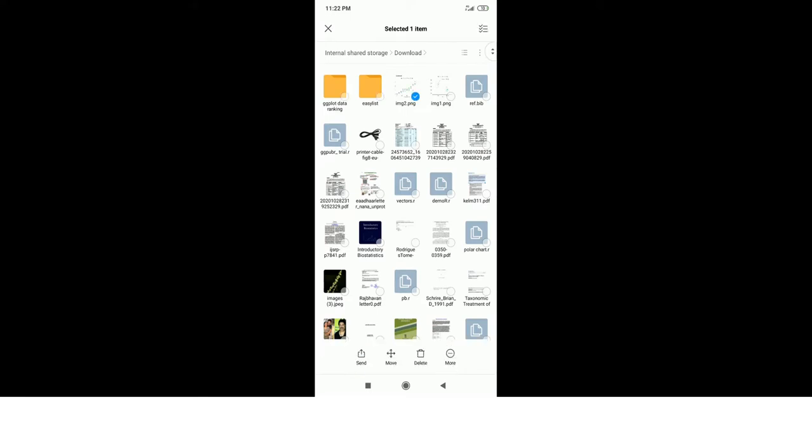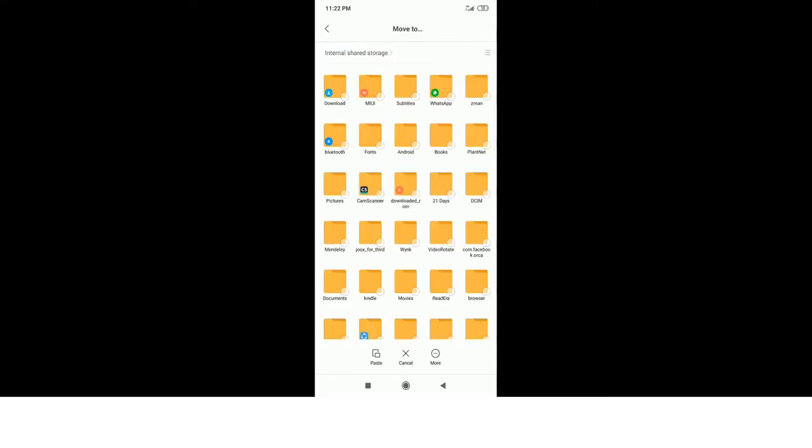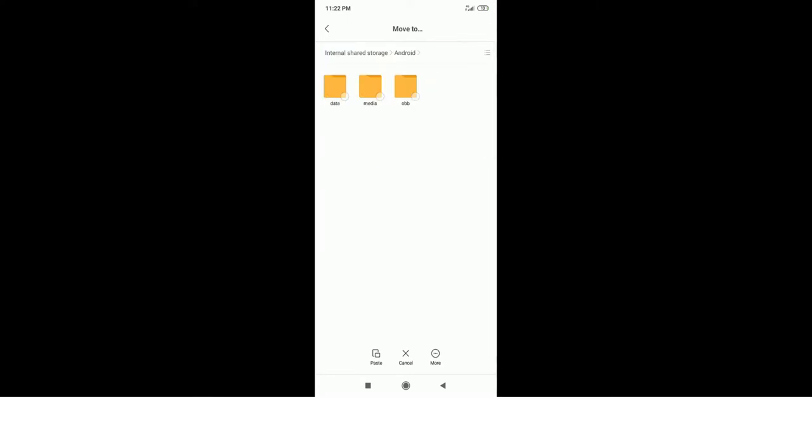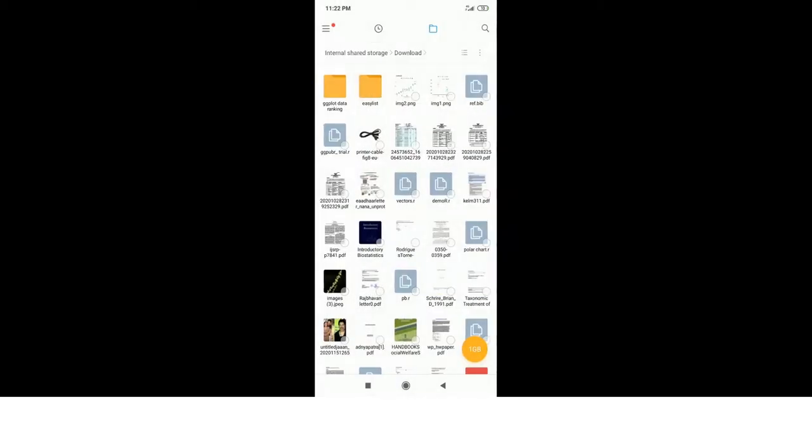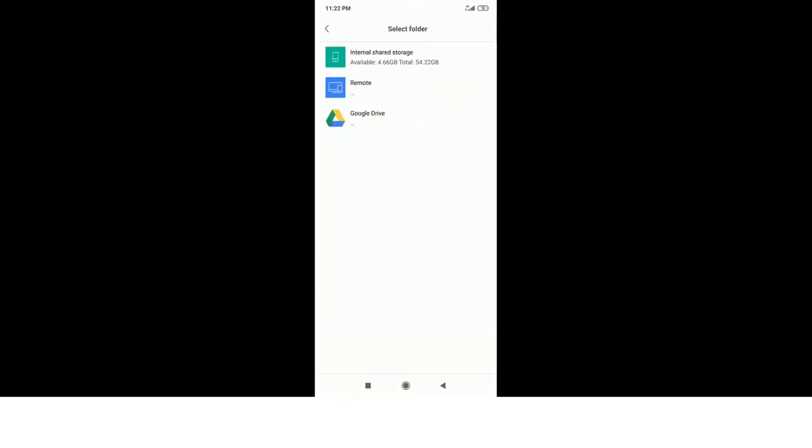We'll select these three and move them to the Android folder in internal storage, and in that Android data. I am using the paid version, therefore my files are there. If you are working on the free version, then your files will be in the Verbosus folder in the file manager.